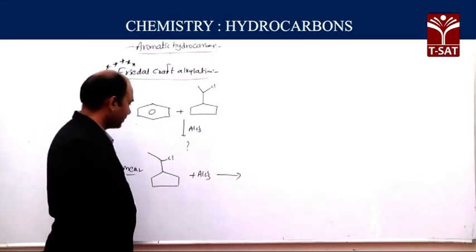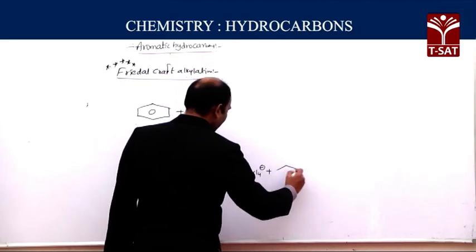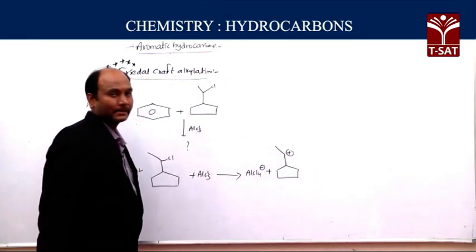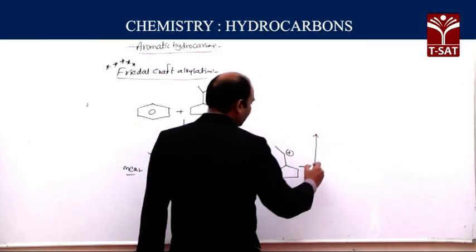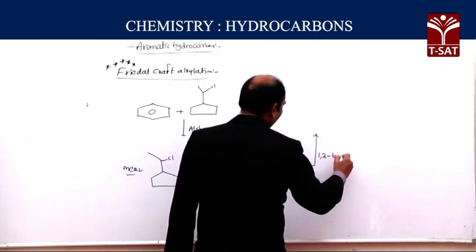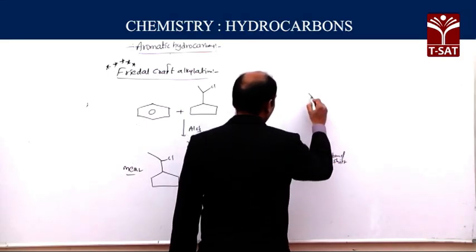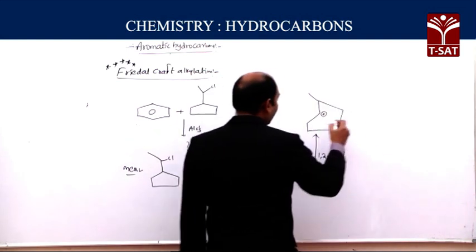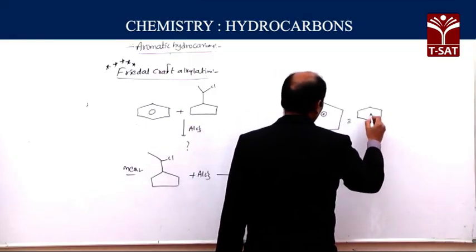AlCl3 plus Cl gives AlCl4 minus. Next, this carbocation is formed. After this carbocation, ring expansion takes place, that is a 1,2 bond shift. This is a 6-membered ring, and it is